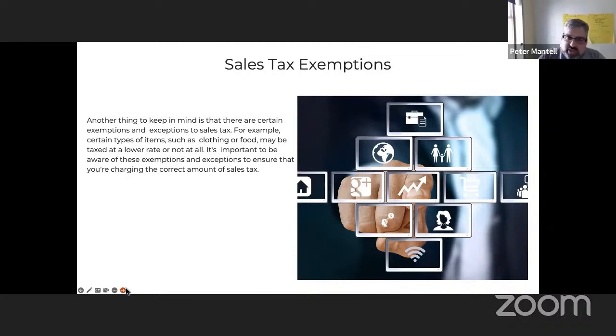Or in some locations in the United States, when it comes to clothing, you'll see cases where they will have tax holidays. So, for example, at the start of the school year, we're located here in Virginia, and the first weekend of the school year, they actually exempt most goods from sales tax. The objective is they know they'll probably lose a little bit of sales tax revenue for that weekend, but the goal really is to make sure that the kids are able to get what they need in preparation for school. And so some states take these types of measures into account.